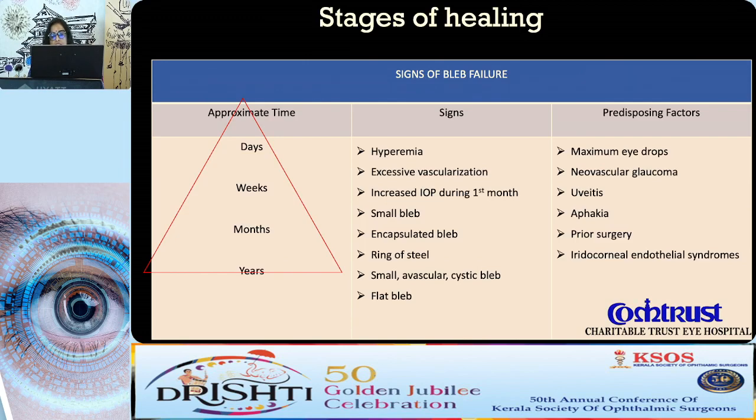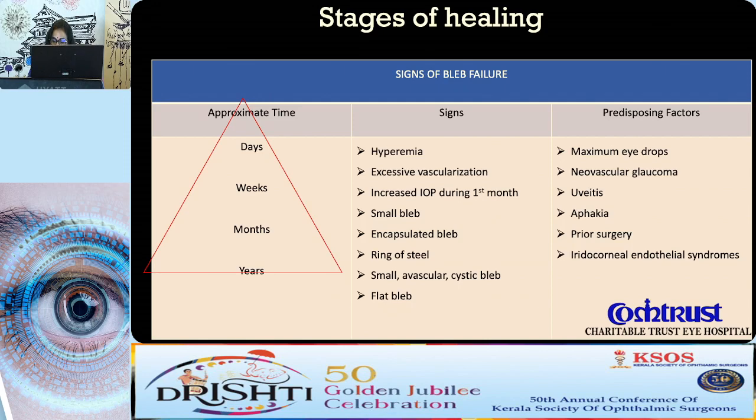Before understanding this, we have to understand the stages of healing so that we can intervene accordingly. In the initial stage, you have to identify failure. That is the first and foremost thing. The signs are hyperemia, excessive vascularization, increased intraocular pressure, and during the months and weeks, it comes to a small bleb, an encapsulated bleb with a ring of steel, an avascular cystic bleb, to a flat bleb in the